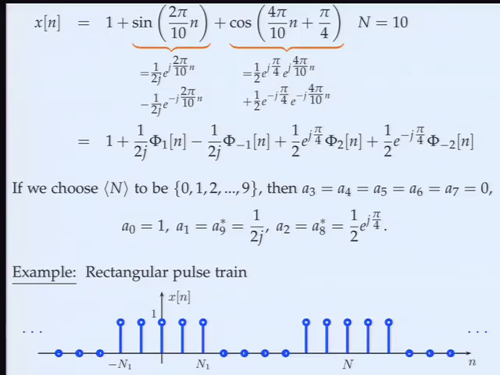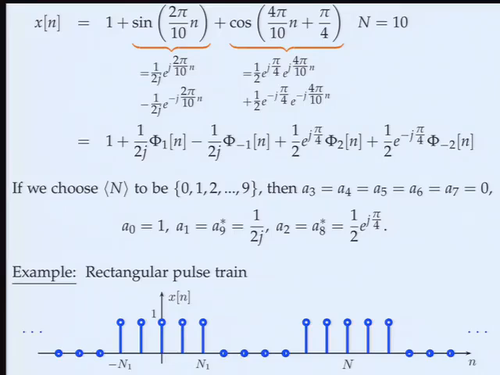Okay, so that was our first example where we didn't have to move a finger. I mean, we had to do calculations, but we didn't have to do the analysis equation. Here's an example where that analysis equation is necessary because I don't have sines and cosines that I can readily decompose, right? So we're looking at a rectangular pulse train.